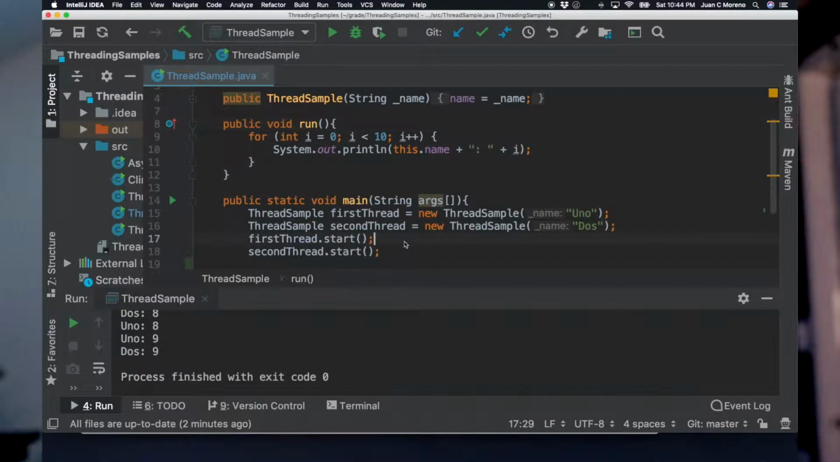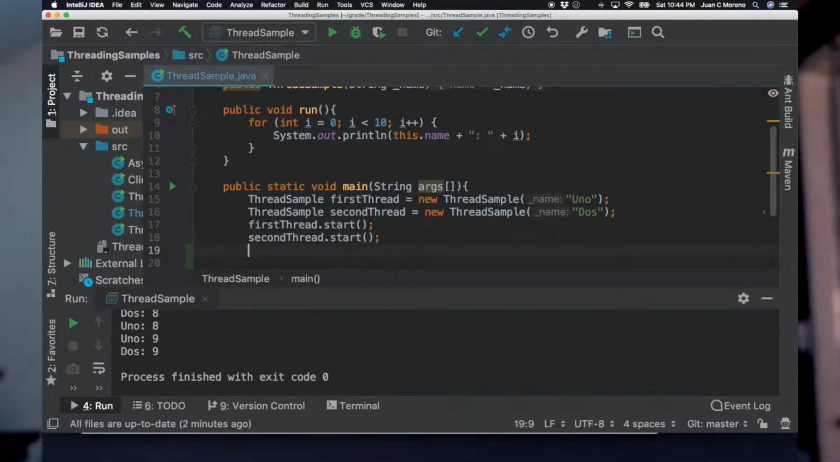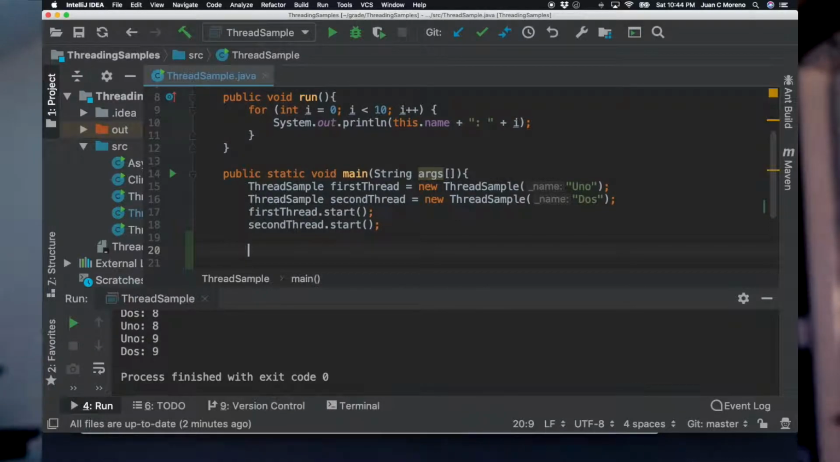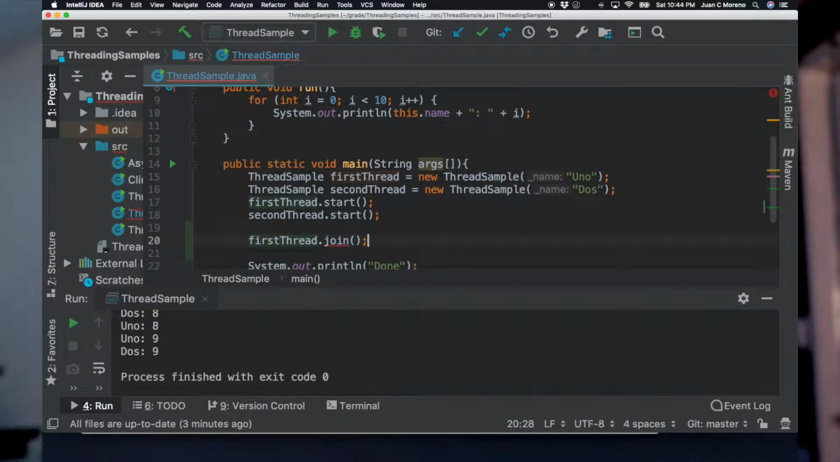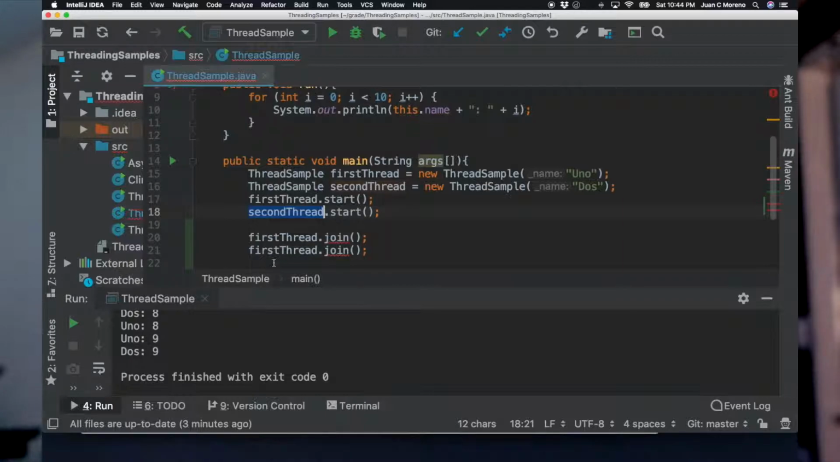So how do we achieve that? Well, after all the threads have been started, if we say that we are going to wait for that thread to finish, we can call the join function on all the existing threads. And when we do that, it's going to block the main thread. This thing is going to be waiting until these two guys are done. So if we run it now,